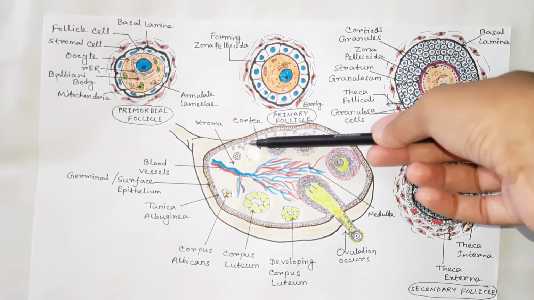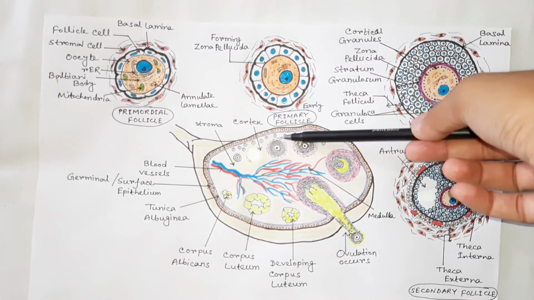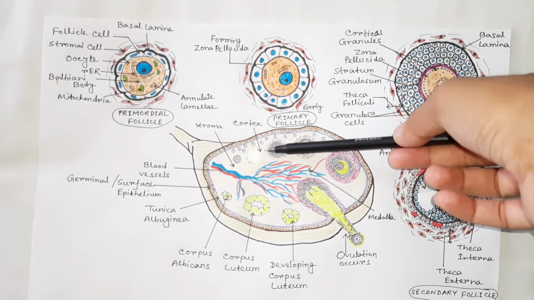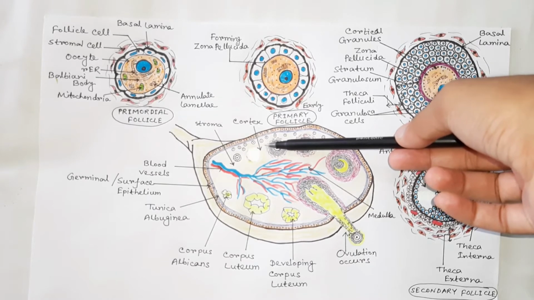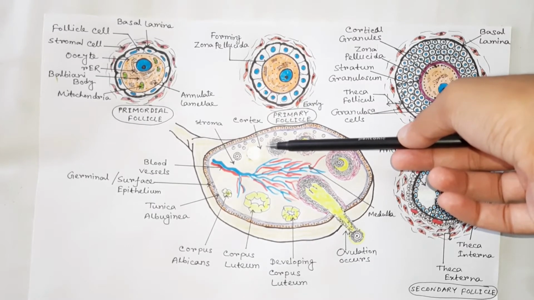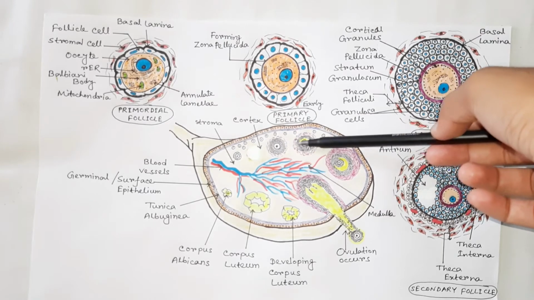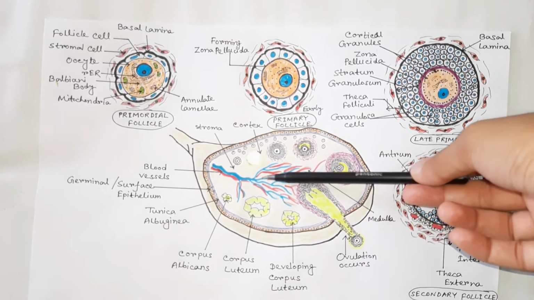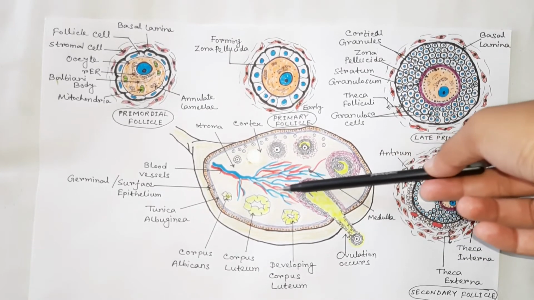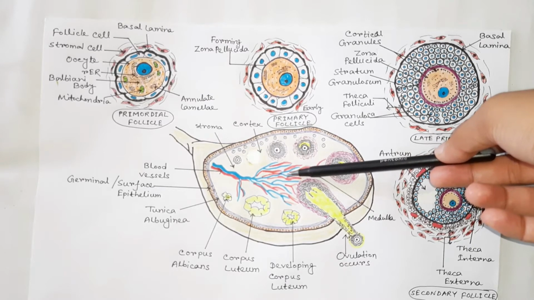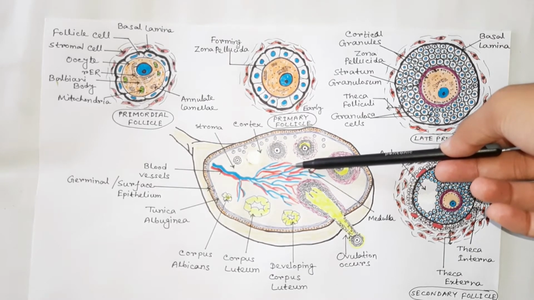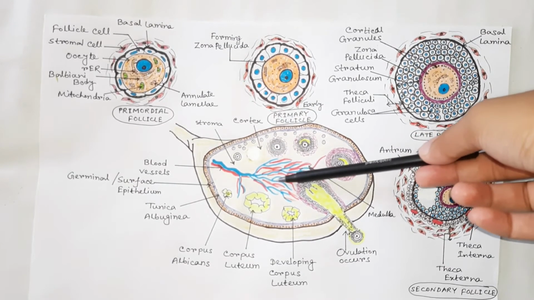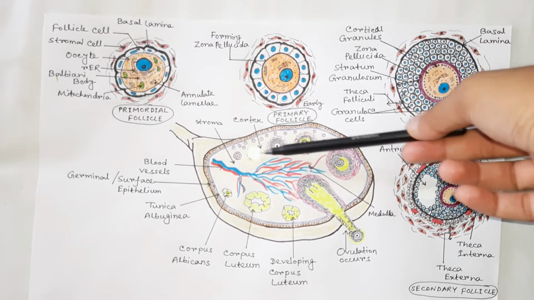The cortex or cortical region is found in the peripheral portion of the ovary. The stroma of this zone is composed of highly cellular connective tissue. The ovarian follicles are embedded here. The central portion of the ovary is known as the medulla or medullary region. It contains loose connective tissue, a mass of relatively large contorted blood vessels, lymphatic vessels, and nerves. So, this is the general structure of the ovary.